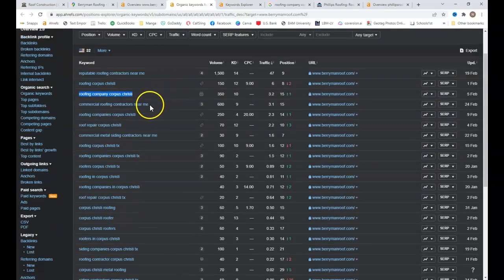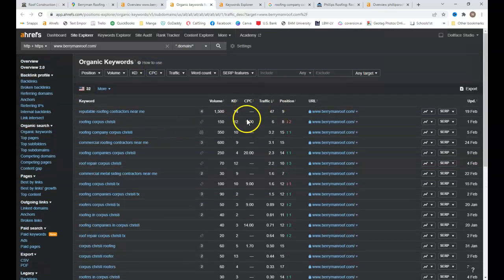Some of them: national commercial roofing contractors near me. That's a national keyword. You're on the second page, so you're getting a lot of traffic there. Reputable roofing contractors near me, that's a national keyword, and you're on the first page for that. So you're getting a lot of traffic there. Anything Corpus Christi, you're not getting a ton of traffic, really, for these Corpus Christi keywords, and I think that